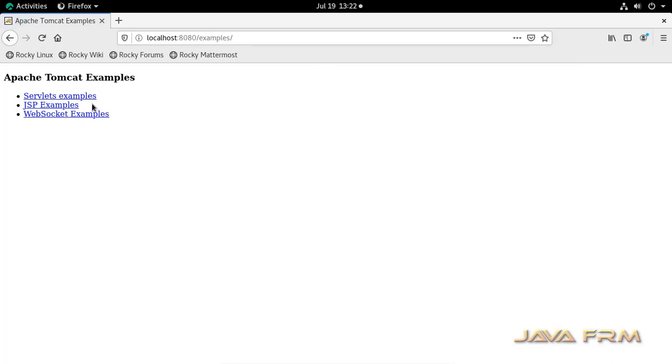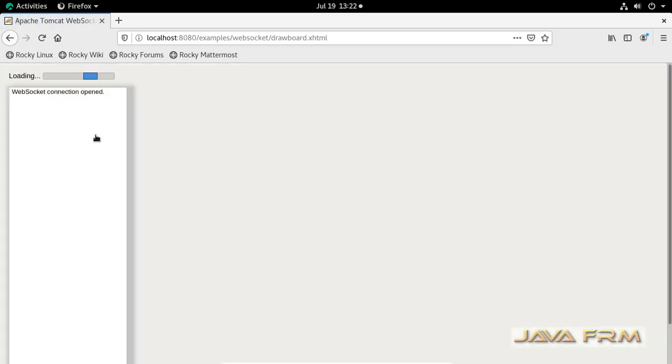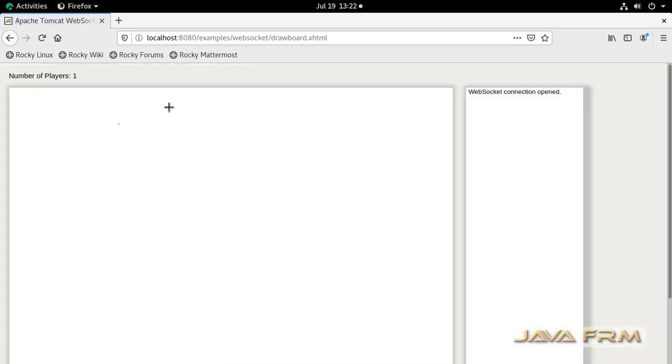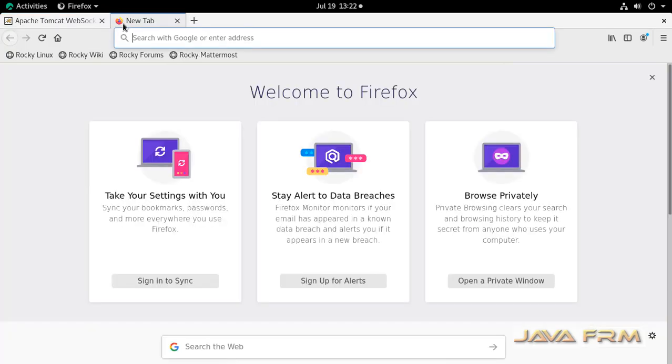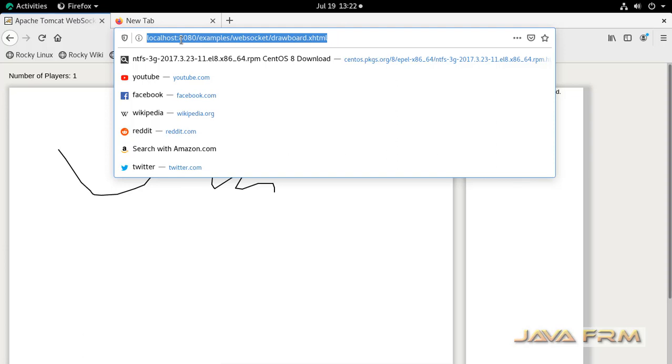Now let us run some of the examples which are already bundled with this Apache Tomcat 10. I am executing this drawing game, which is running as a WebSocket program.